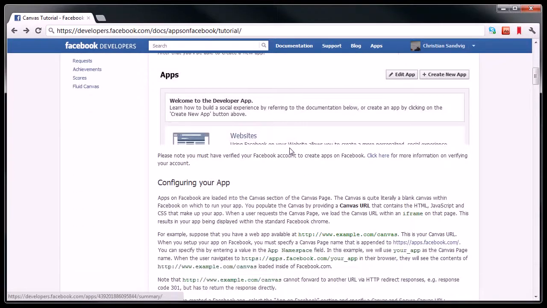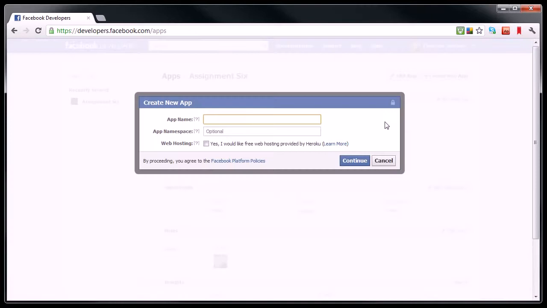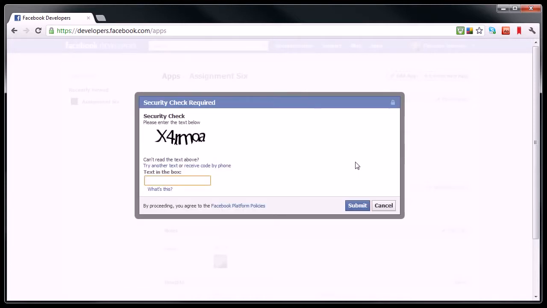The next thing that you want to do after that is simply press the Create a New App button in the Developer app. So let's go back to the Developer app and hit Create New App. You'll have to name it. I'm going to call mine whatever test app. I don't need to worry really about anything else here, and then I'll hit continue. To prove that I'm actually a human,